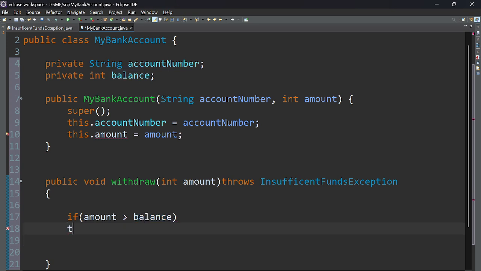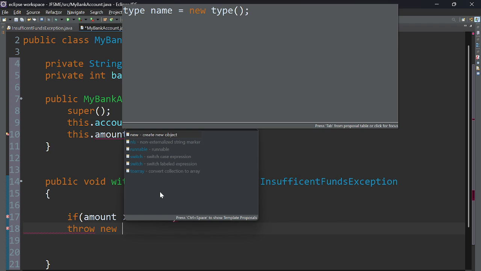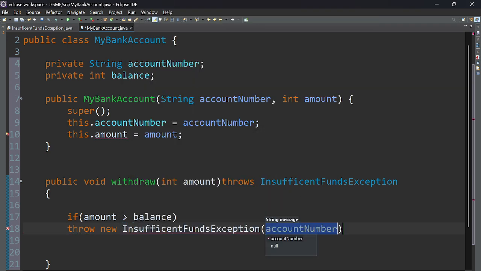Then, just to throw an exception, we know that throw new insufficient funds exception. And the message which I would like to give is